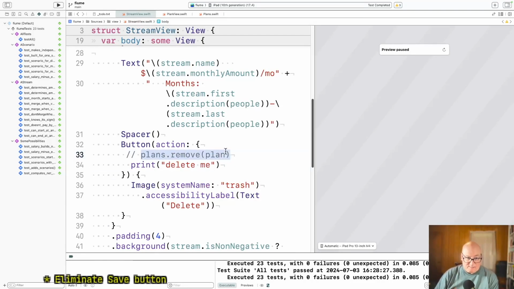I think we'll add this method plans.remove, given any plan, take it out, and then that'll delete the node from the list of the parent plan, and that should update the display, and then when you change that, you'll save as well. So plans, this will be a modifying function. It'll make changes.